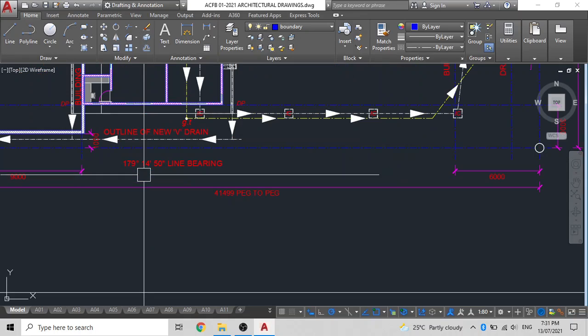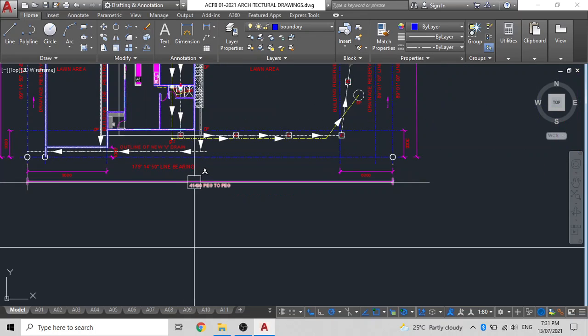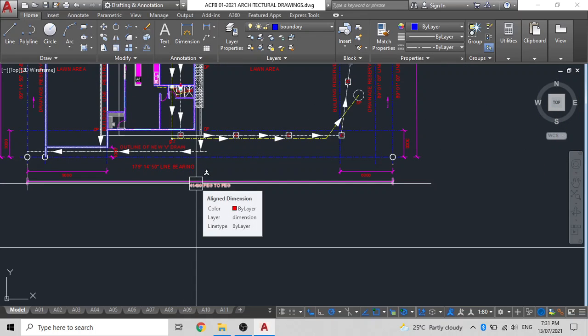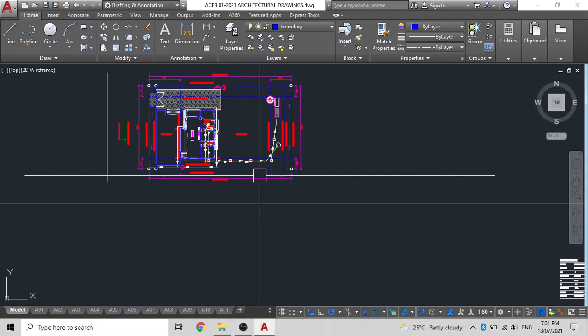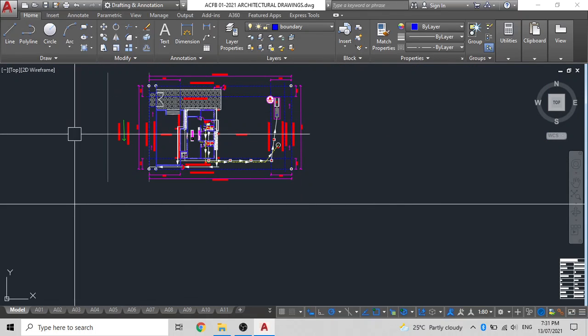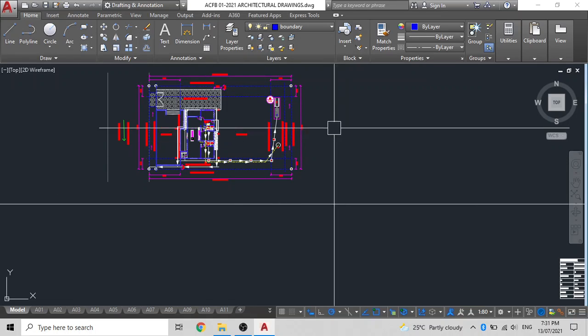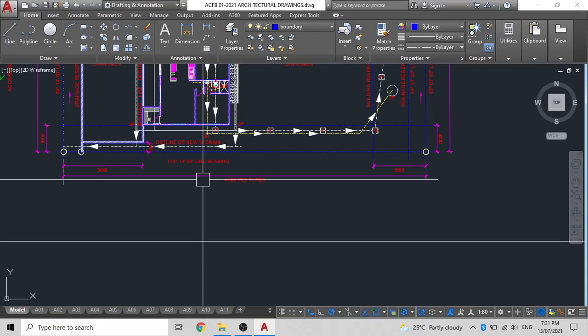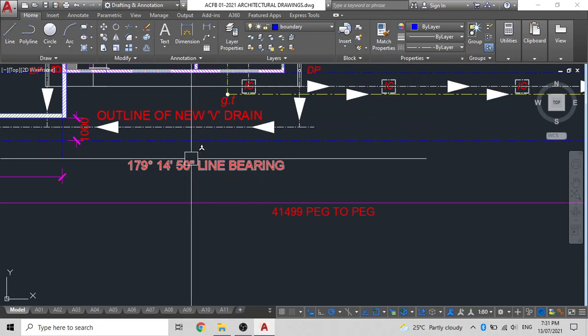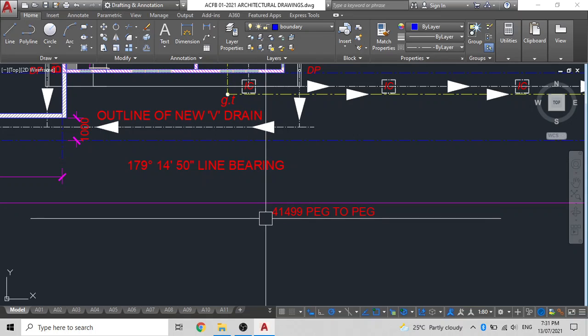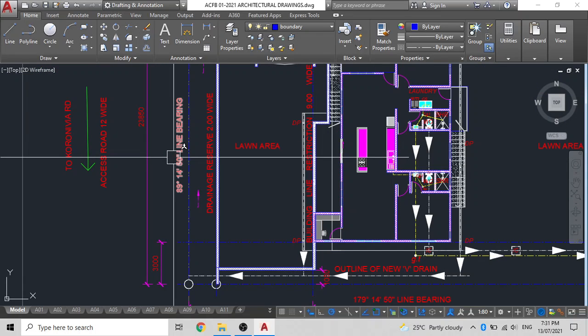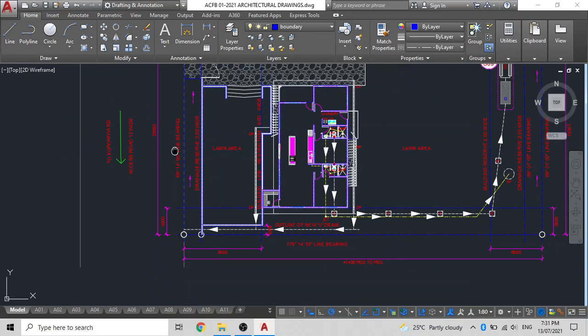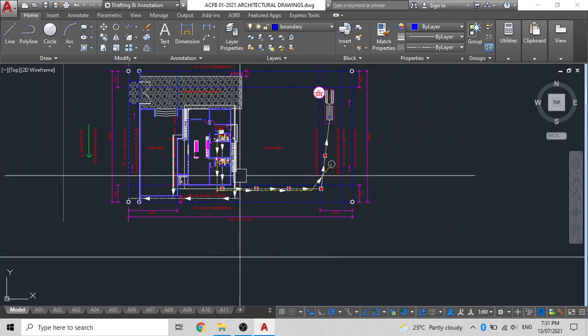Then we will refer to the notes given over here in your site plan given to you by your landowner. Now, not all the lands will have this site map drawn by the surveyor. So if you need to draw it, just refer to this line bearing and this distance. Similarly over here, the distance and the line bearing, and same for the other two sides.